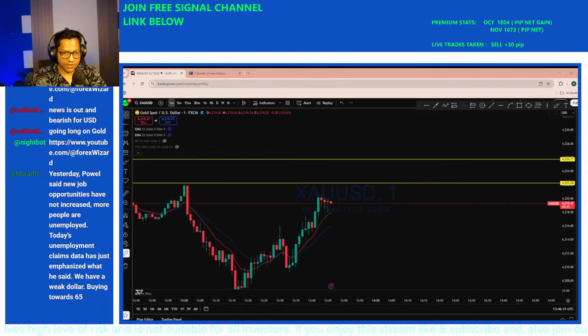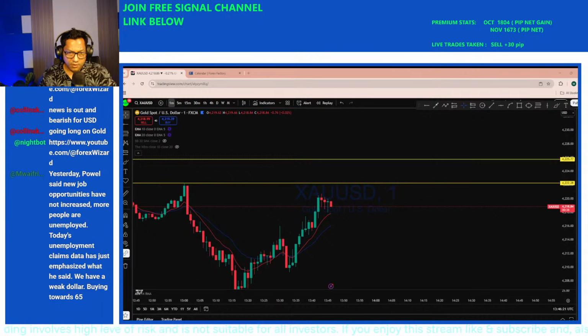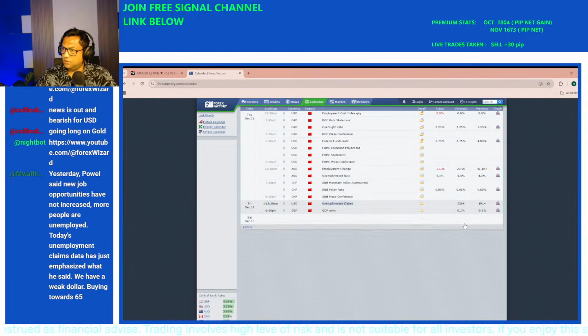Yesterday, Powell said new job opportunities have not increased. More people are employed. Today's unemployment claims data has just emphasized that, he said. Have 2-week dollar buying towards 65. Okay, so